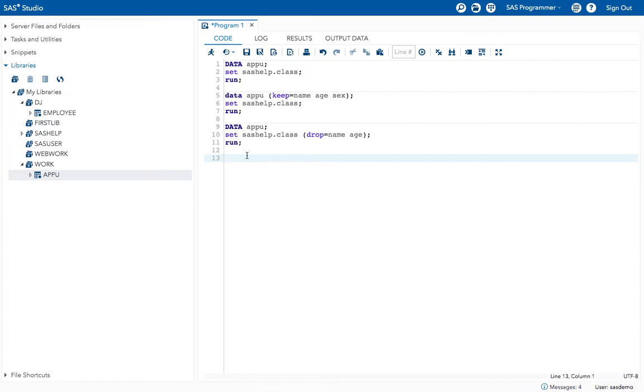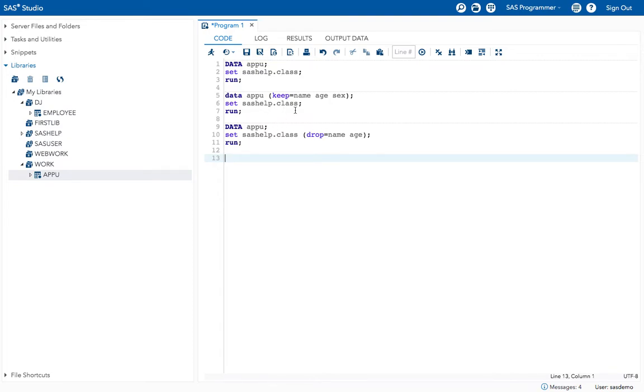If you want to keep 18 and drop only two, do you use the keep option or the drop option? If you use the keep option, you have to give 18 variable names here. If you use the drop option, it's just two variable names, right? Is it clear? Yes, ma'am. So that's why we use the drop option.